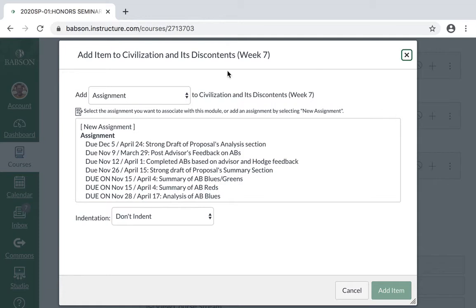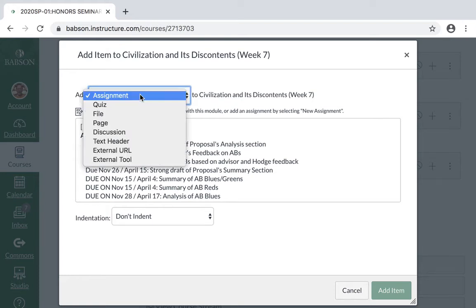When you hit the plus sign, now you can bring material from your computer over into this module. You can link to YouTube videos, whatever. And here are your options. You can make an assignment, link to a quiz that you have in the world of Canvas already, bring a file up from your own computer, make a page, which would be just to type out fresh documentation right within Canvas,